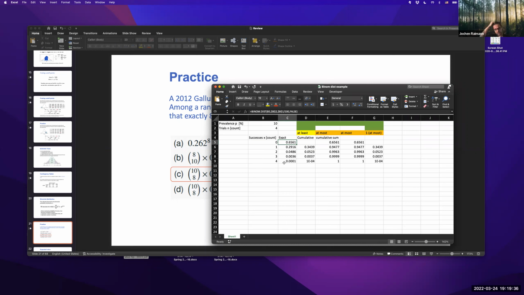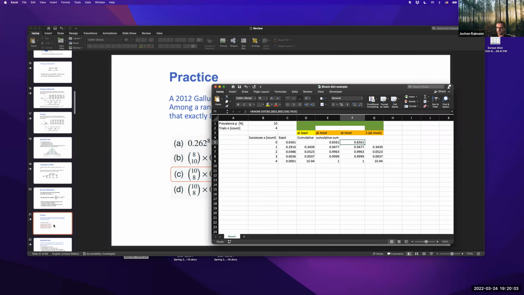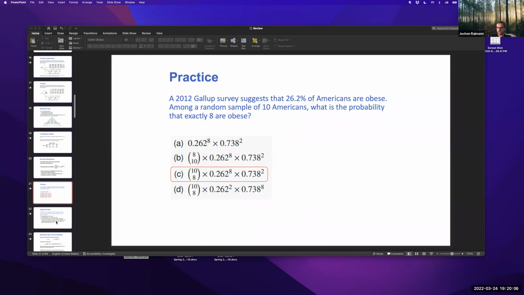Make sure that you understand in principle how this can be employed. I have put this little spreadsheet here. That was a question, I forget who asked it, but I put together this spreadsheet to show how to calculate this and how to distinguish between at most and at least. This is something I want to emphasize, and it is important that you know how to approach this. So here are the examples.